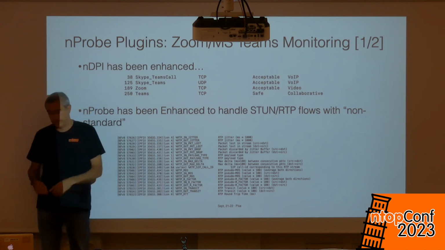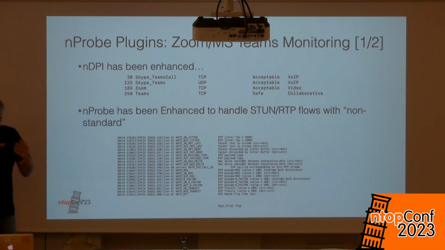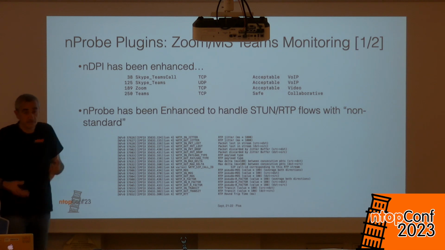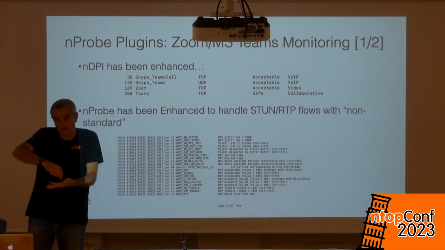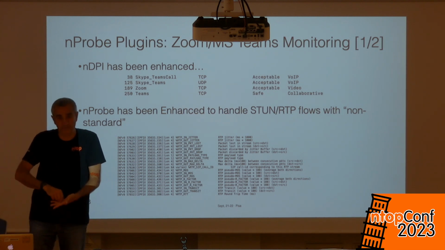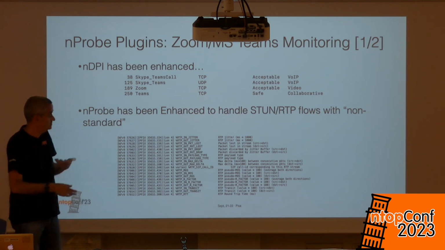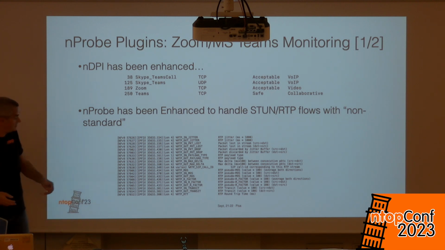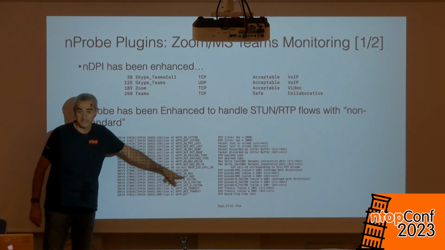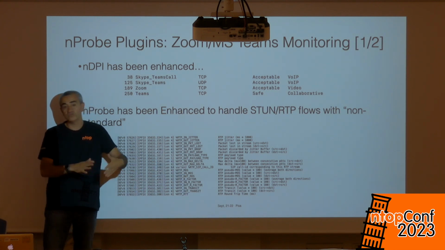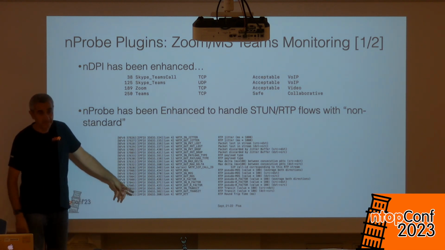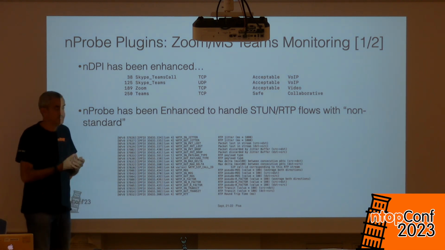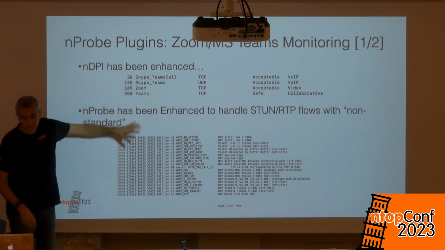So many years ago when telephony started, in order to understand the quality of the call, human operators were listening to phone calls, creating a score on a paper, saying, okay, this was good quality, this was bad quality. Over the years, this is kind of illegal, blah blah blah. So they do it in an automatic fashion with MOS. Okay. So this is a number that says how good is the quality of the call. So mprobe is able to compute that, and we have extended handling this special RTP also for Zoom and Teams